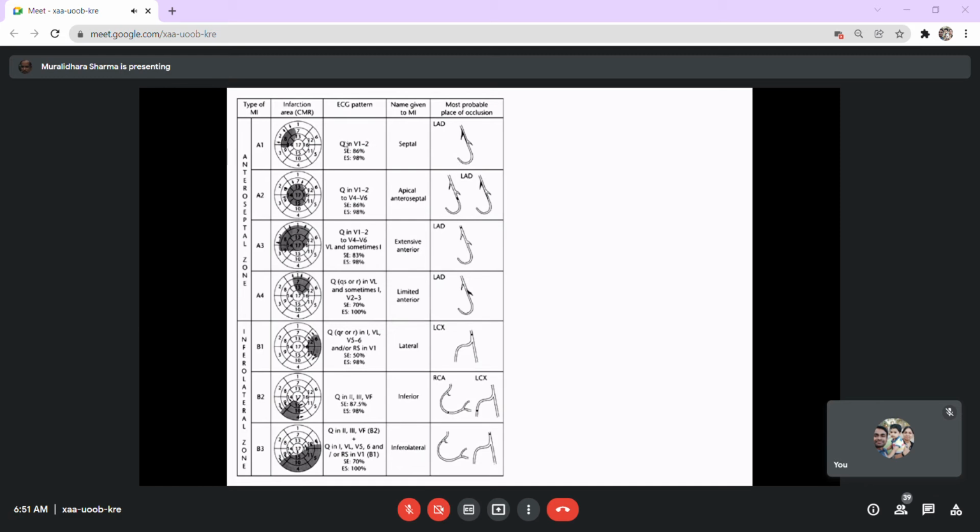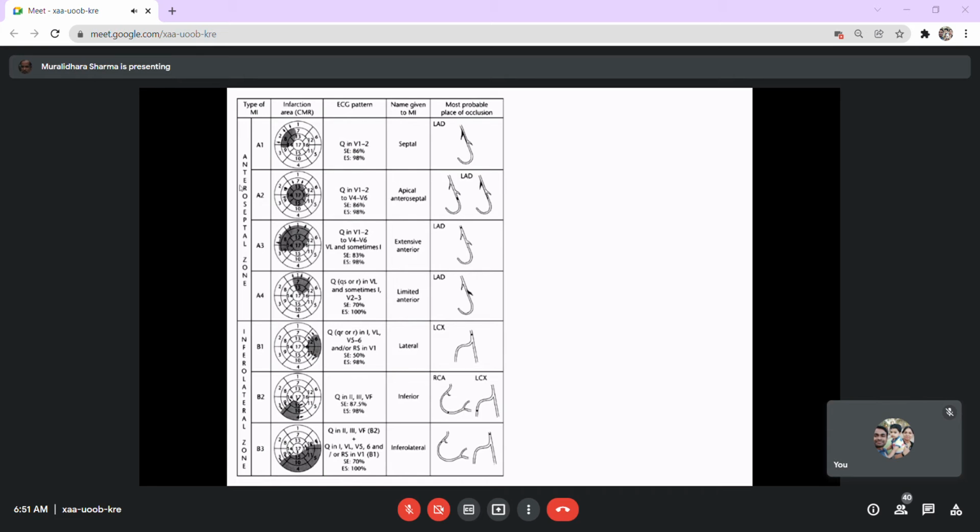Now, if you are interested in localizing the ischemia or infarction, this table would help you to a certain extent. If you can see the current of injury in V1 and V2, the right leads, it's suggestive of a possible septal pathology. And along with ST segment elevation and Q waves in V1, V2, as well as ST segment elevation in V4, V5, V6, that's involving almost the whole chest area.